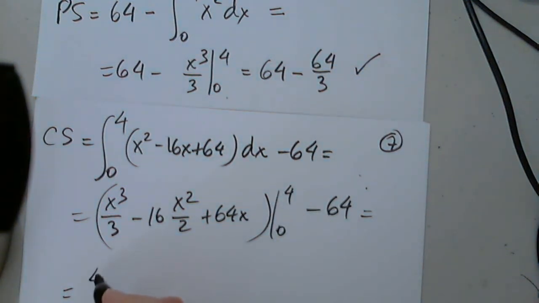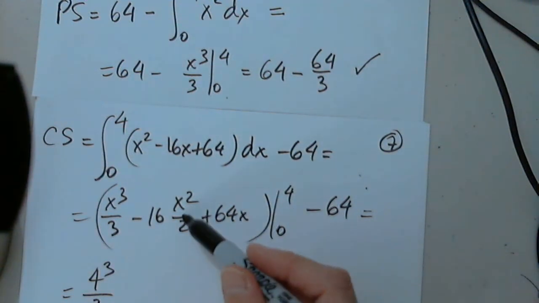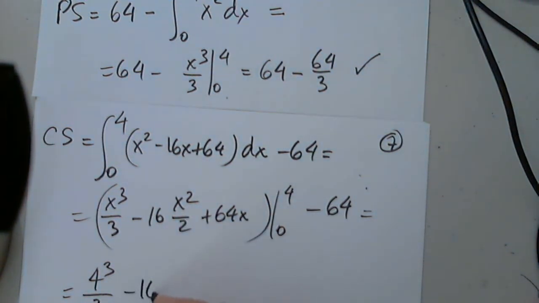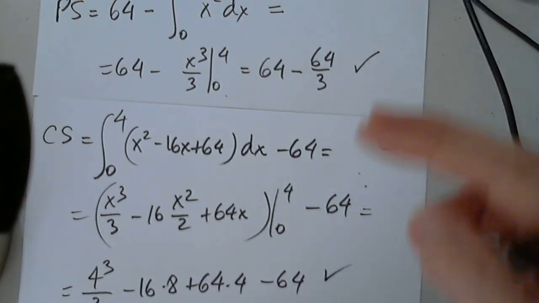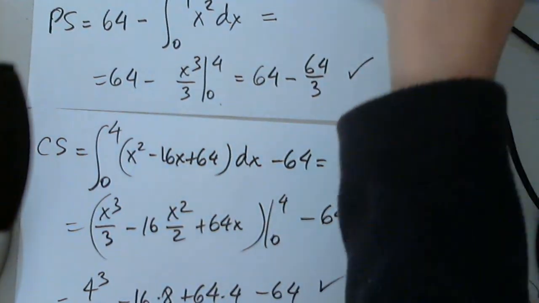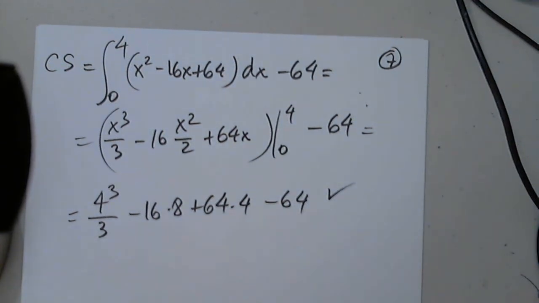So I have 4 to the third over 3 or 64, doesn't matter. And this is 16 over 2, so it's 8. You can write it like this. And 64 times 4 and minus 64, and you can stop if that's what you want to do. I'm assuming that you can do the arithmetic and you don't need